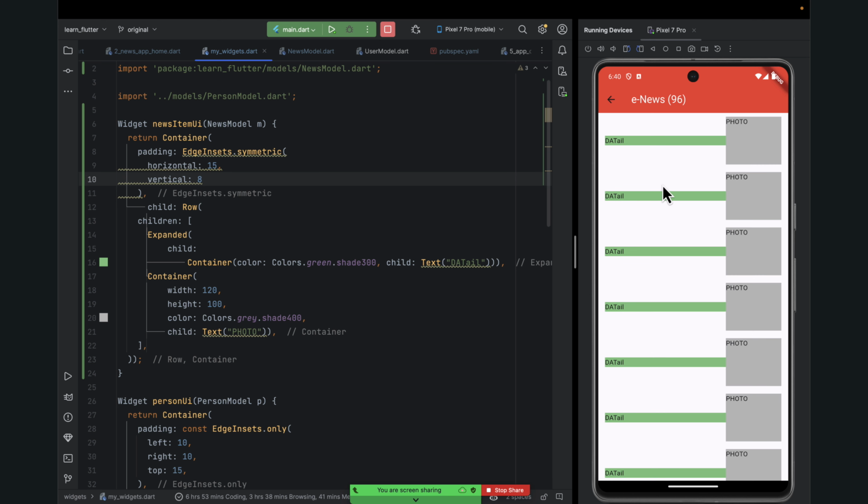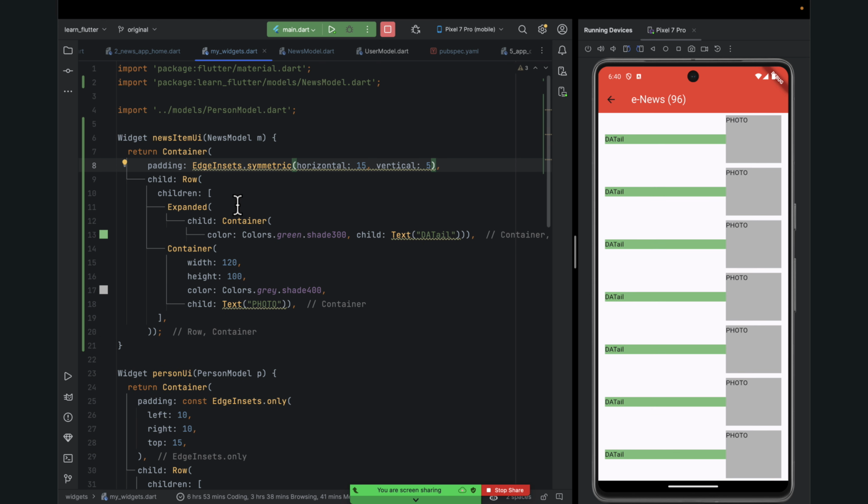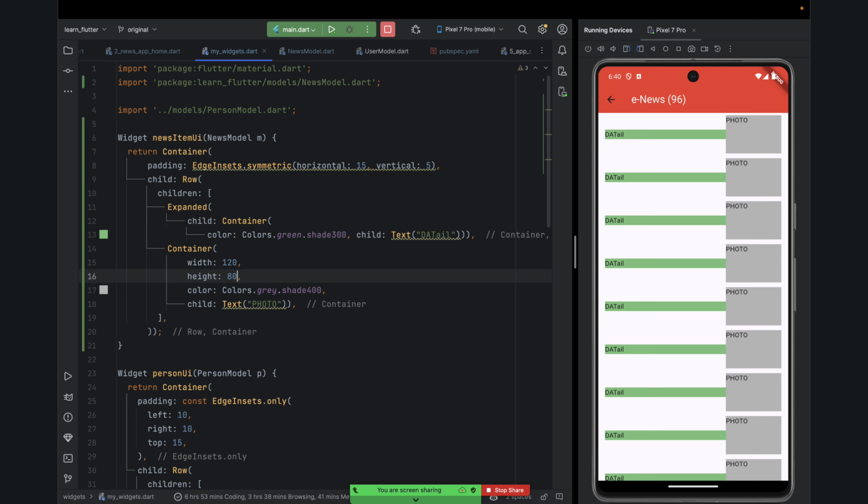So it's going to have some space like that. So I hope you see how we're coming up with a new set. So you can say maybe vertical should be 5, something like that. All right, so I hope you're together. So after doing that, we're going to go ahead. So maybe this one should be height of 8. All right, so after doing that, let's go ahead and now start putting the